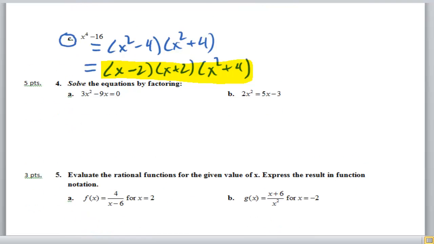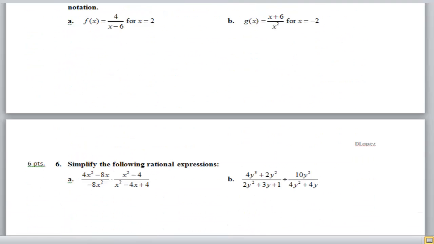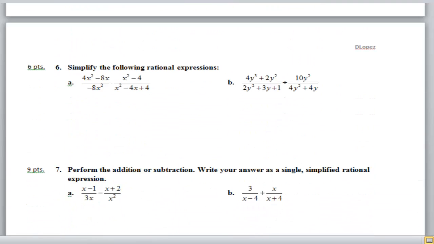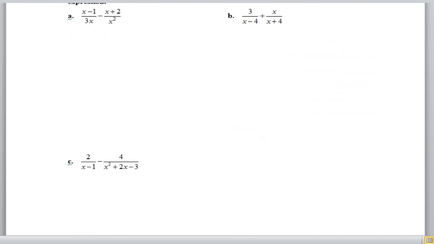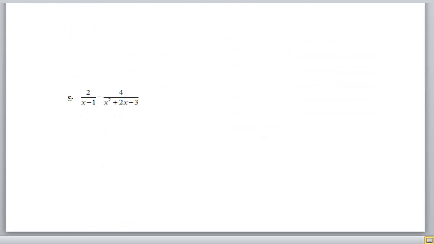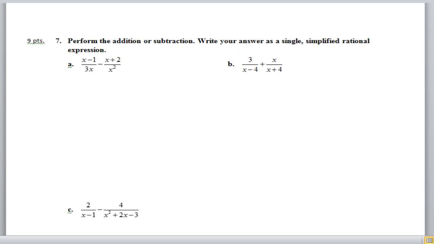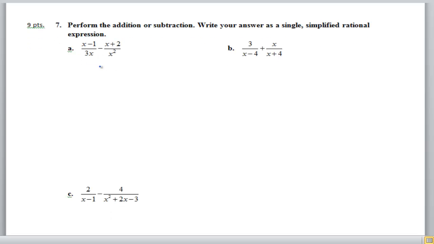Okay. Now, most of these other ones in part 1 were okay. Even 6 and 7 weren't terrible. A lot of times, people have a lot of trouble with those. The thing you have to remember with 7, though, I'm not going to go through the ones in number 7, but I'm just going to point out to you the idea here, and see it was even in the instructions, so there was really no excuse for people that didn't do it. Write your answer as a single simplified rational expression. And a rational expression means it's a